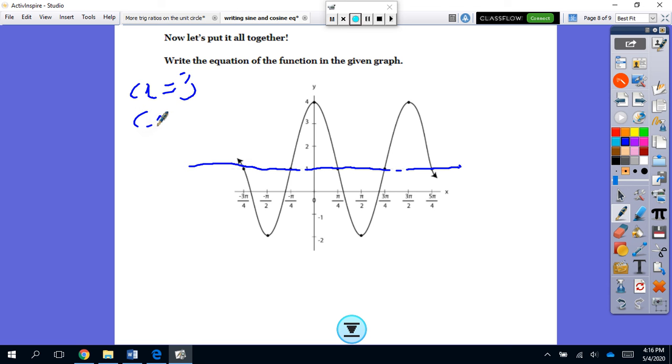And we know it's cosine. Now we need to get B. So what's the period? 0, max, midline, min, midline, max. And that's at 3 pi over 2. So we do 3 pi over 2 equals 2 pi over B. Now we need to solve that. Okay, so cross multiply. So we have 3 pi